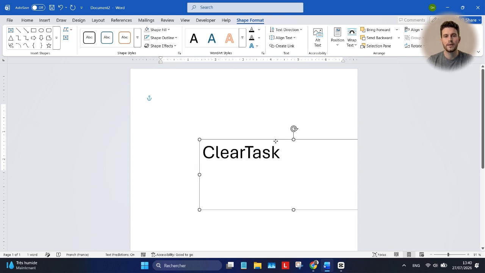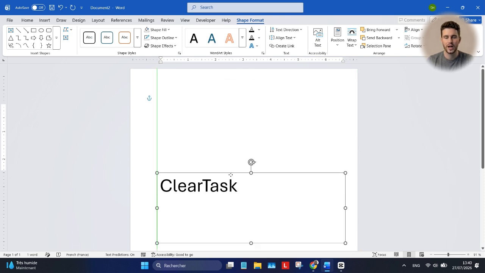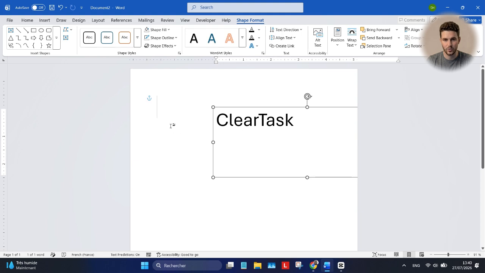You have transparent floating text that you can freely drag and drop anywhere on the page without messing up the